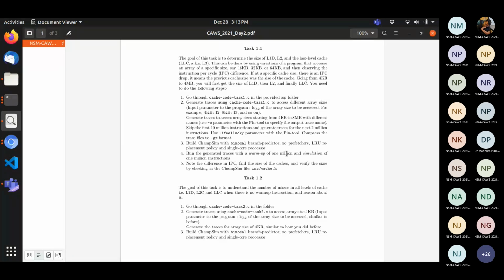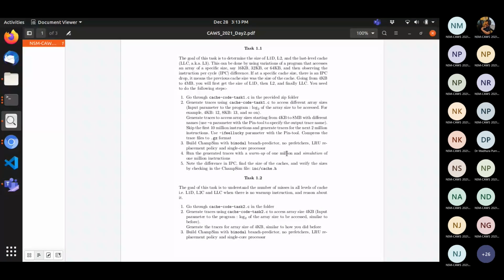For that one, we want the IPC, and for each value, whether it is 12, 13, 14 or whatever the log sizes are, we want the IPC corresponding to each of them, right? Yes. Okay, sir. With whom should we share that? With yourself. Go and see it for yourself.